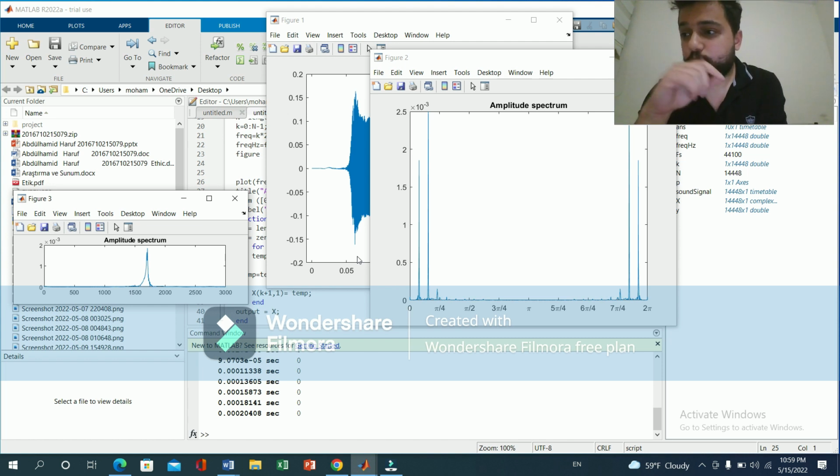Capital T equals 1 over fs. It is based on this Fourier transform: 1 over fs capital X times fft of sound signal. This is the function